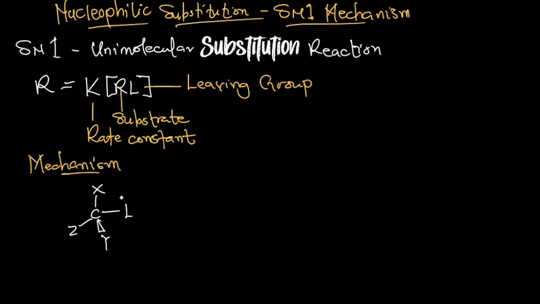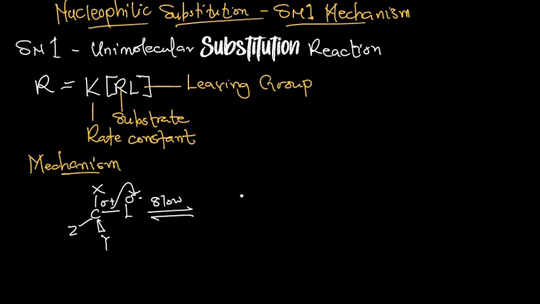Now what is going to happen is that the L is more electronegative, making it become partially negative, while the carbon becomes partially positive. So the first step of this reaction involves the breaking away of the leaving group. So we have the leaving group going out, which is a very slow process,